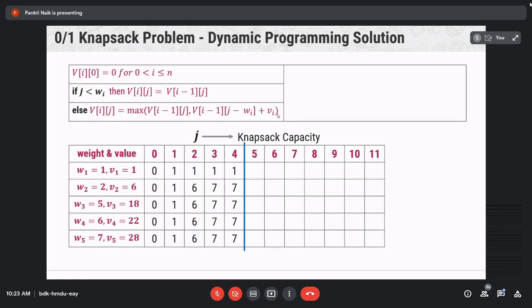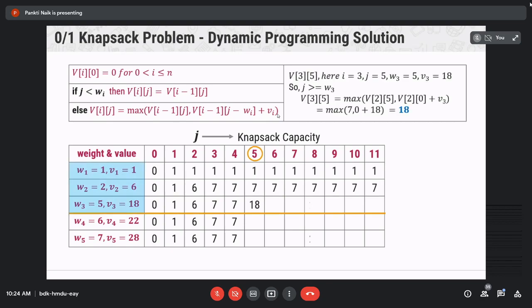Final V21 or V23 or V25 is equal to this. After computing all the values, your table looks like this. For those who did not understand, an equation example is solved here for V35. You have to write like this.